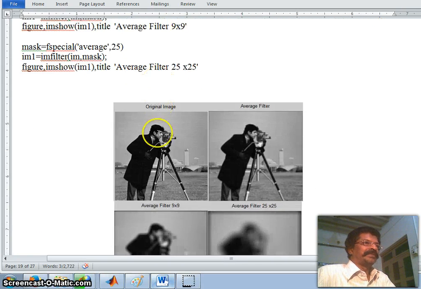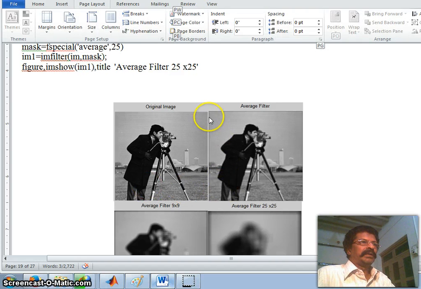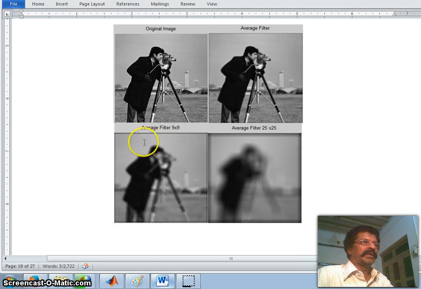In this class we shall see what is the effect of applying a low pass filter on an image. I have taken a 256 by 256 cameraman image, a grayscale image, and if a 3x3 average filter is applied, you can see that the image is a little blurred. If the size of the average filter is increased to 9x9, the image is more blurred. And here a very big 25x25 average filter is applied on the image, and you can see that